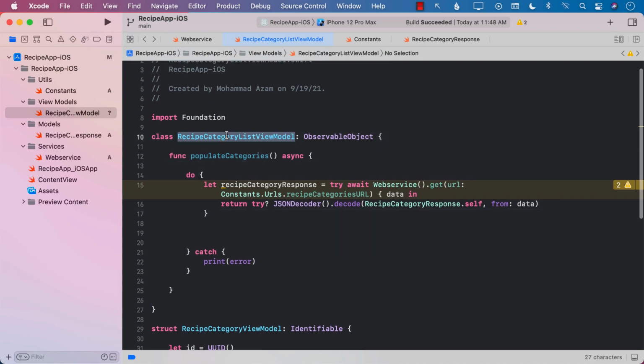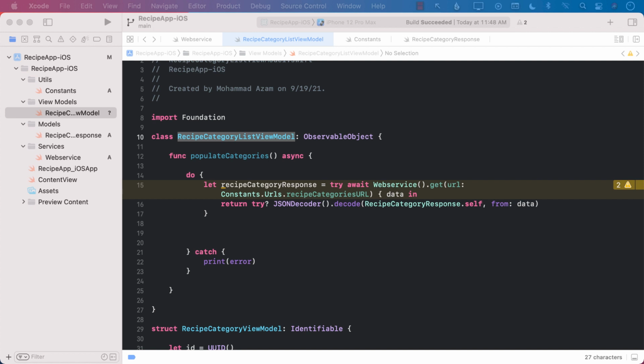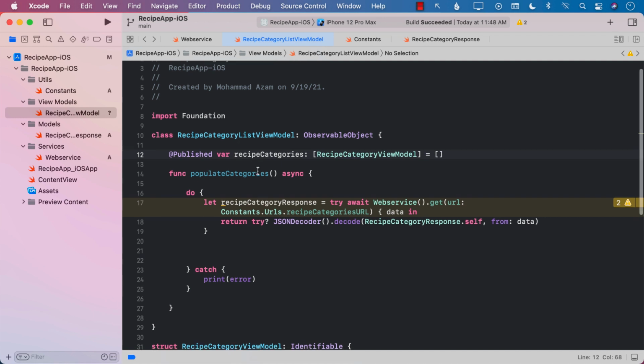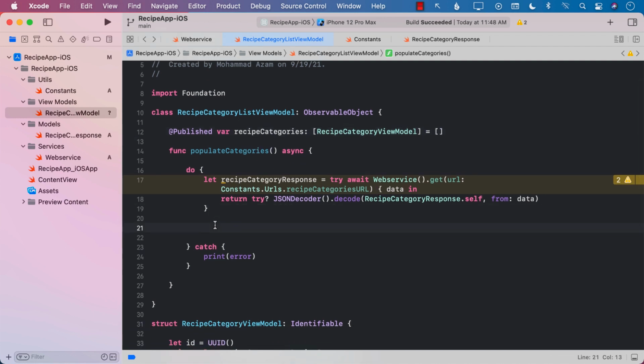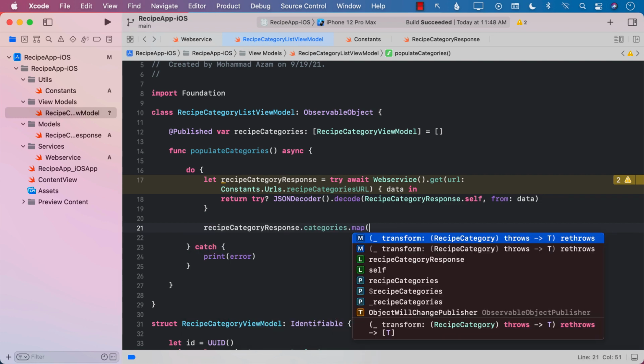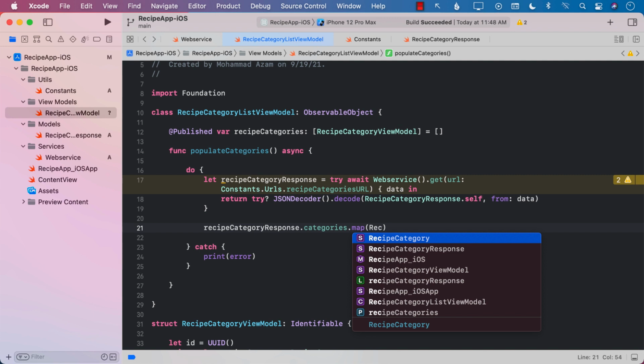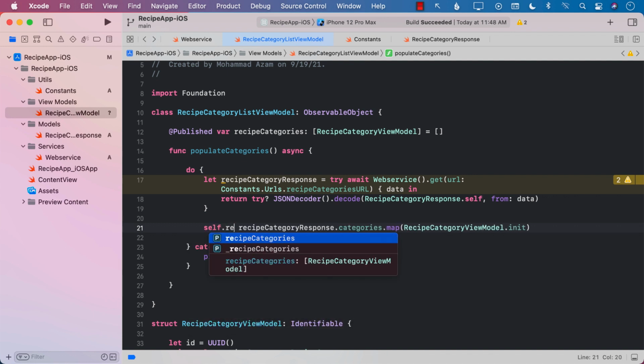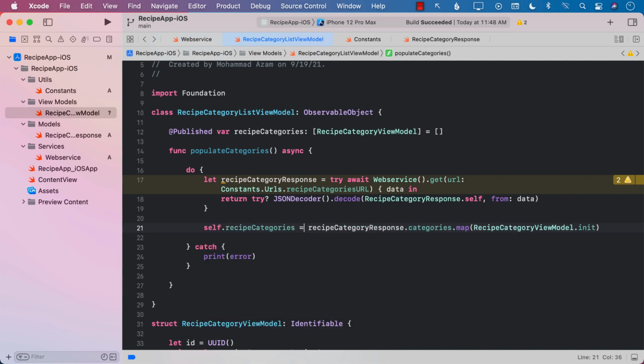Okay, so now let's go back. Another thing that we need to do inside recipe category list view model is to create an array of recipe category view model. So let's go ahead and do that. There we go. And finally, we should be able to simply map through it. recipeCategoryResponse.categories.map. And now we can pass in the RecipeCategoryViewModel.init. This is going to return us the recipe categories, which is recipe category view model